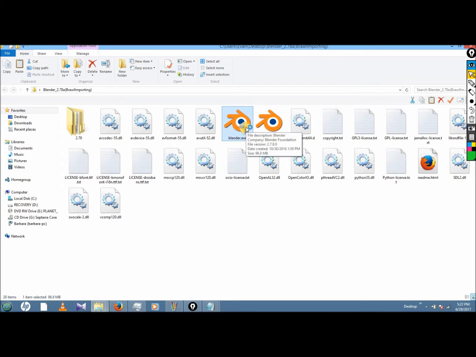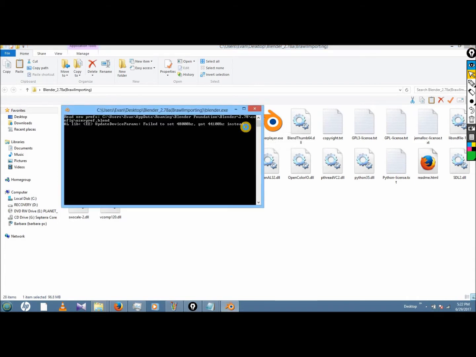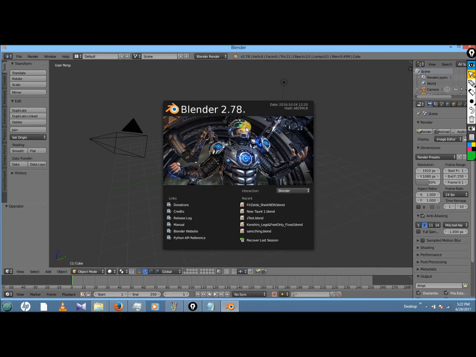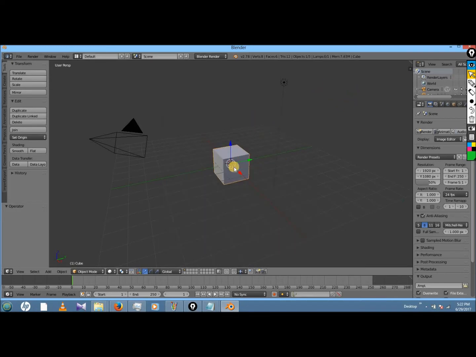It may take a while depending. Sometimes it can take a really long time to load, other times it can take like 5 seconds, depending on your computer speed and whatnot. And what you're going to see when it boots up is something like this, and if you left click in this gray area on the side of this window here, like this dark gray area, that window will disappear.